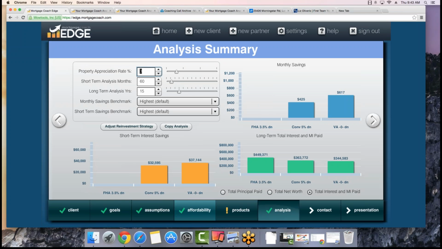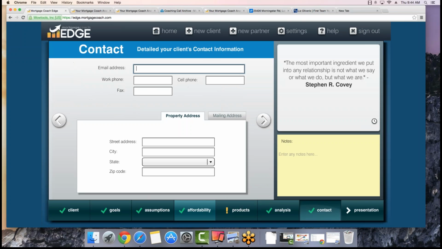Now I'm going to an analysis screen. You have our short-term, long-term, and I'm going to keep it on total interest paid. Once we're done showing you how to do this, we're going to go in and work with the reinvestment strategy. So this will be following just shortly. We'll touch base with that. Moving on, you can have your contact information here. You can always put a different